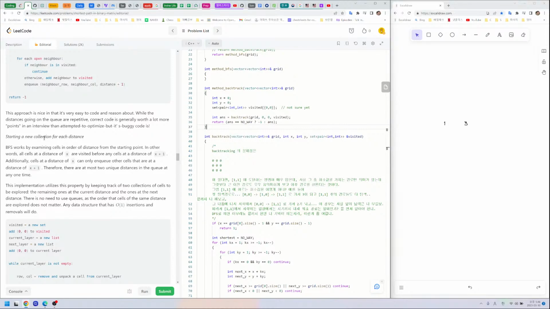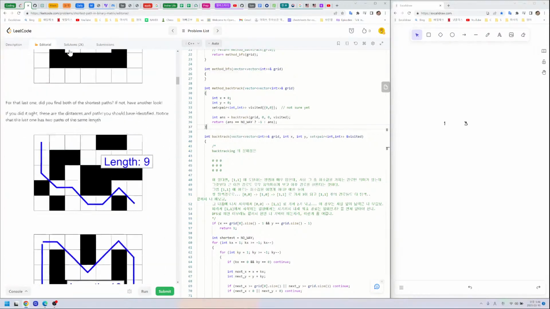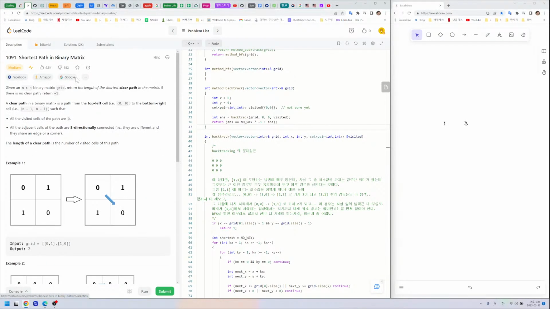In the previous video, I tried to solve this problem, and then I failed because it takes so long after submitting, a time limitation kind of error. So I read the editorial, and then I realized one of the serious problems with my solution with backtracking, because,